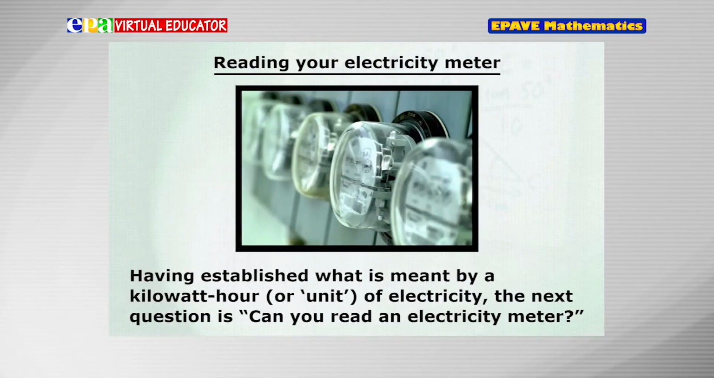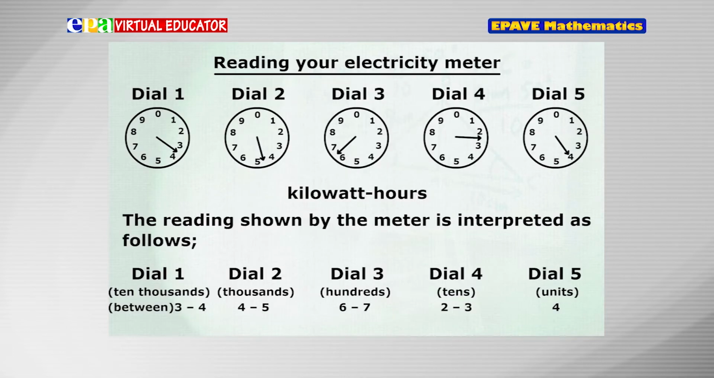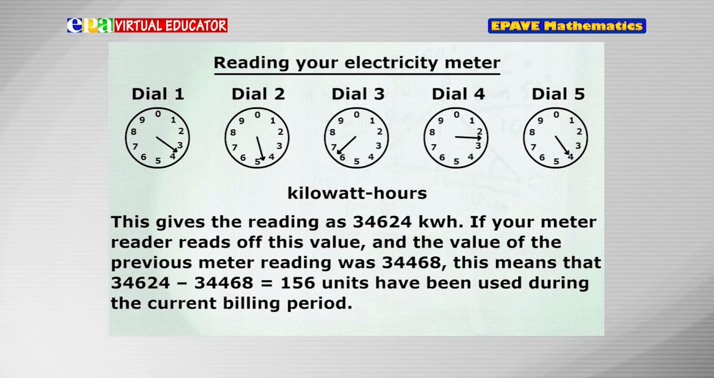Now that you know what a kilowatt hour or unit of electricity means, the next question is, can you read an electricity meter? The reading shown by the meter is interpreted as follows. Dial 1 as 10 thousandths from 3 to 4, dial 2 as thousands from 4 to 5, dial 3 as hundreds from 6 to 7, dial 4 as tens from 2 to 3, and dial 5 as units or ones as 4. This gives the reading as